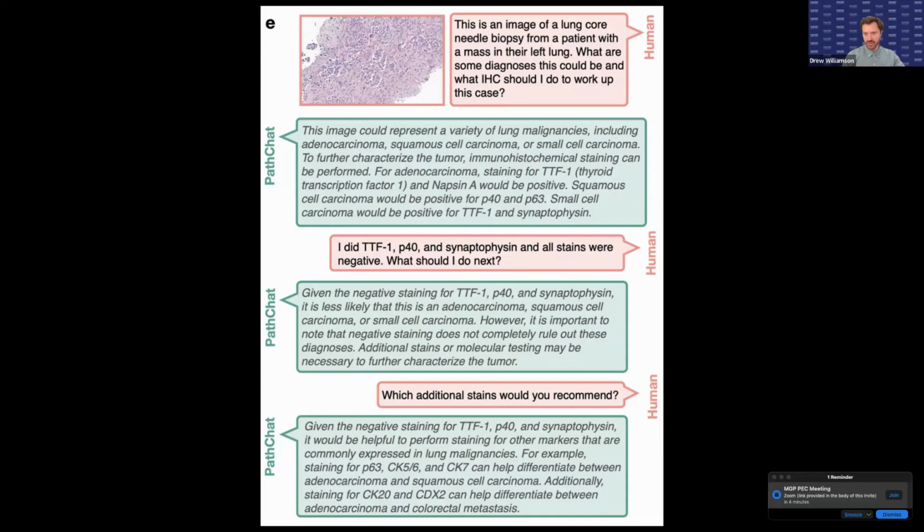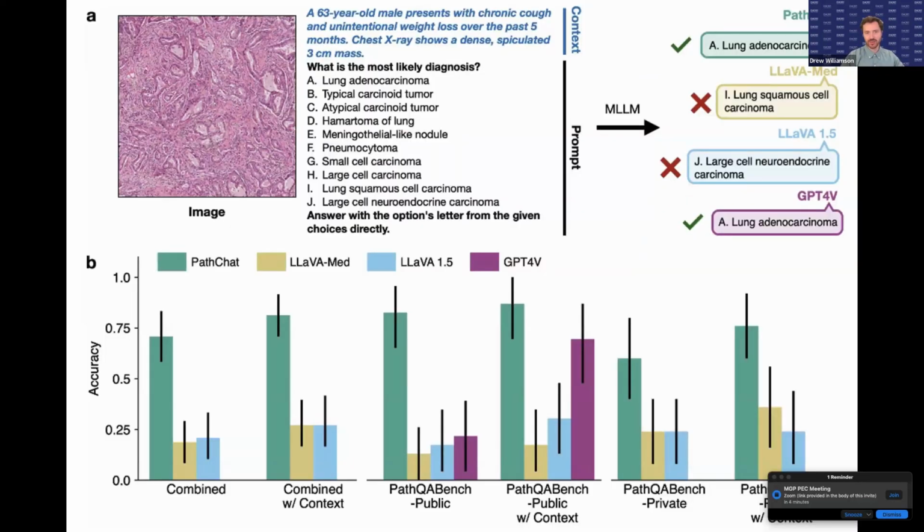And running short on time, I'll very quickly say, evaluating this sort of model is very, very difficult. What we did was generate some multiple choice questions and asked our model, GPT-4, and a couple publicly available vision language models these questions, and showed that our model did better than the others. The issue here is that this data set is not publicly available. And so when we put it into GPT-4